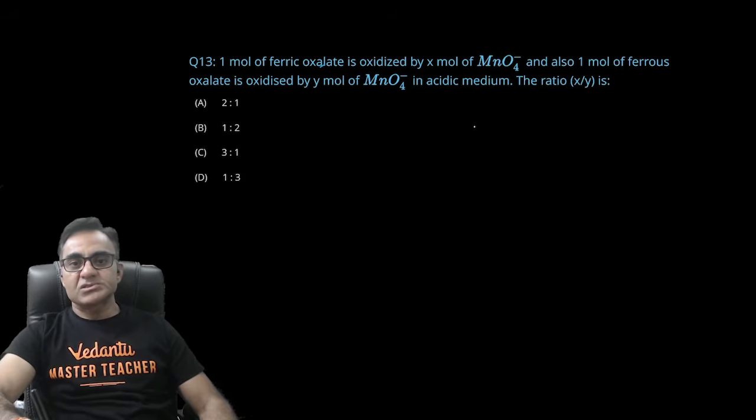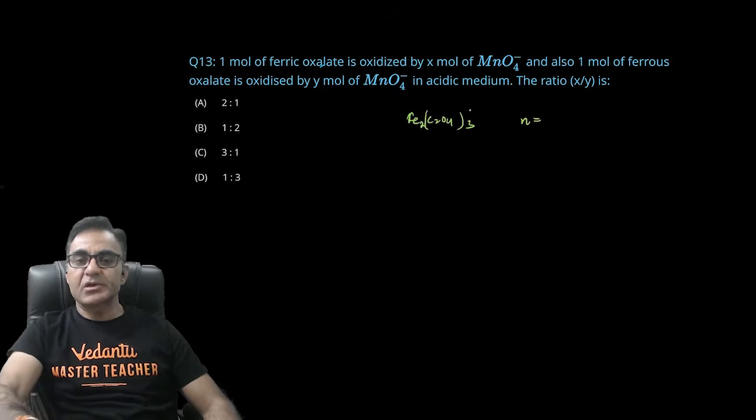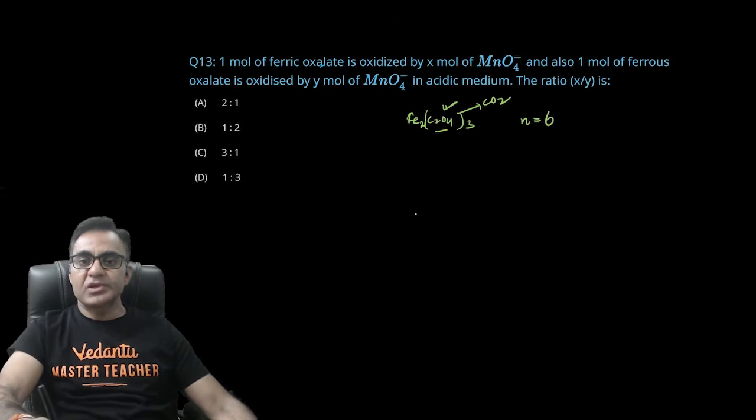1 mole of ferric oxalate is oxidized by X mole of MnO4 minus and 1 mole of ferrous oxalate is oxidized by Y mole of MnO4 minus in acidic medium. Ratio of X and Y. तो देखो, फेरिक ऑक्सलेट होता है Fe2(C2O4)3। जब आप इसका n-factor केमिनोफोर के रिस्पेक्ट में निकालोगे, ऑक्सलेट पोर्शन ऑक्सीडाइज होगा क्योंकि आयरन तो ऑलरेडी +3 फॉर्म में है, और एक ऑक्सलेट जब CO2 में जाता है तो n-factor 2 होता है और इस कंपाउंड में एक्चुअली 3 ऑक्सलेट है, तो n-factor 6 हो जाएगा इसका।